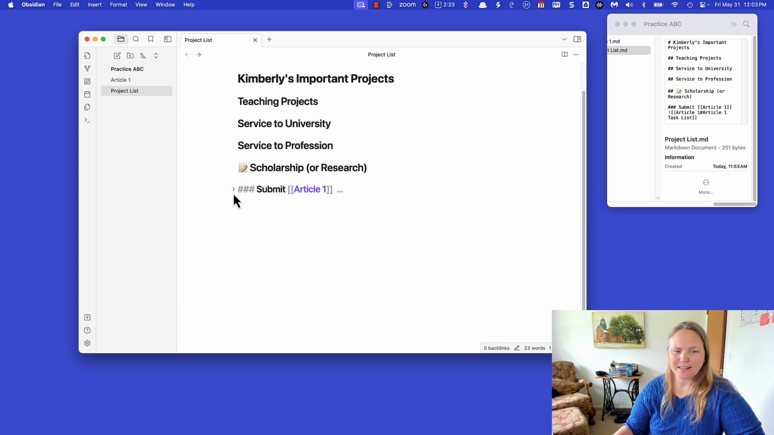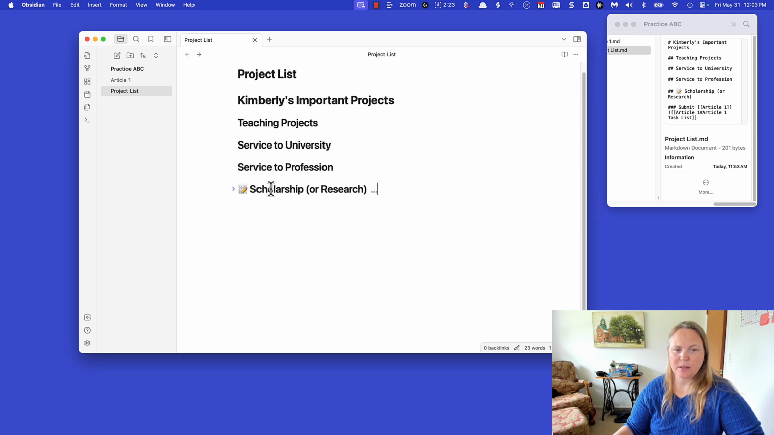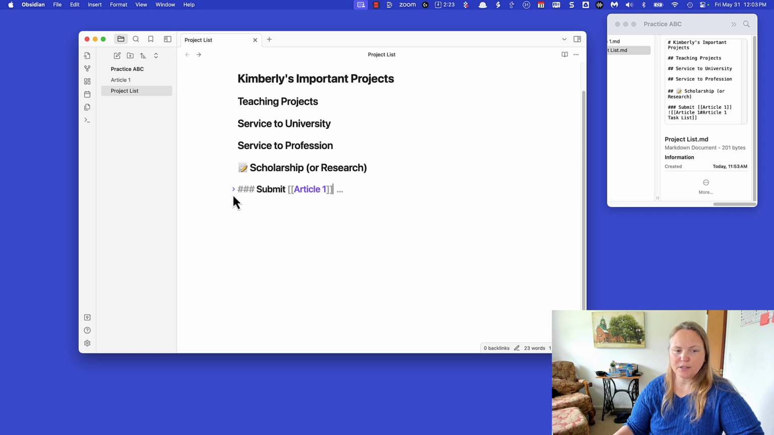Hide it if I don't want to see it, and open it up if I do. Same with the scholarship tasks. If I don't want to see any of them, I just want to see the main headings, there they go. If I want to see all of the articles I need to do, and if I want to look at